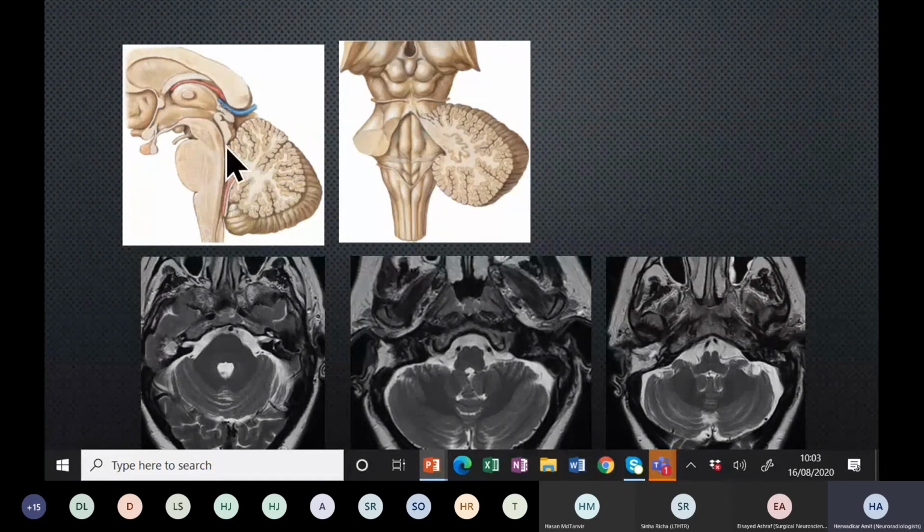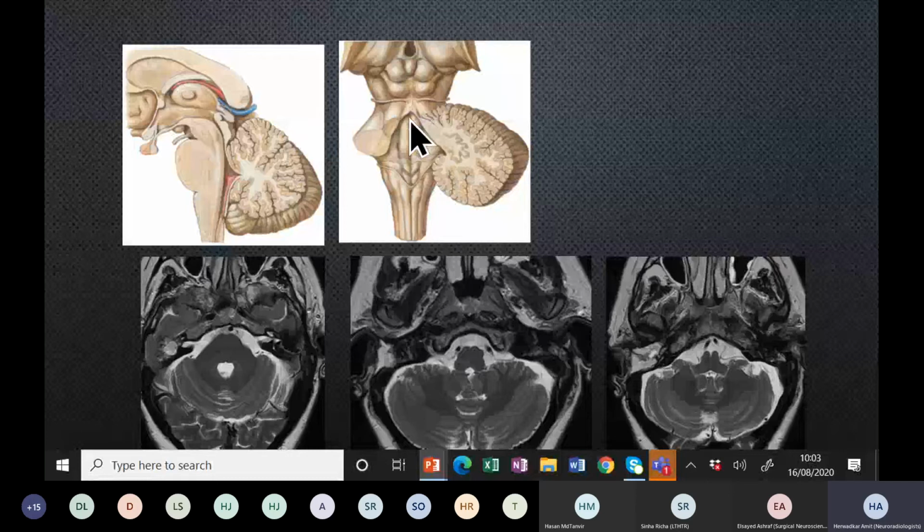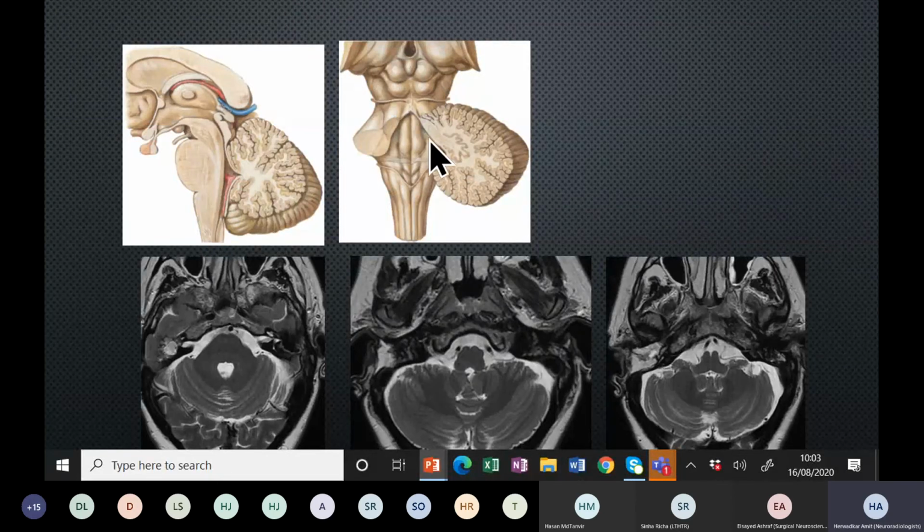Okay, so you've got the fourth ventricle over here, and this is in the coronal section. You can see the sort of diamond-shaped appearance, and this is an appearance you would see if you're looking at the fourth ventricle from the back, if you have taken off the cerebellum. On axial MR scan, you can see the appearance of the fourth ventricle, most voluminous at the level of the fastigium, here at the level of the middle